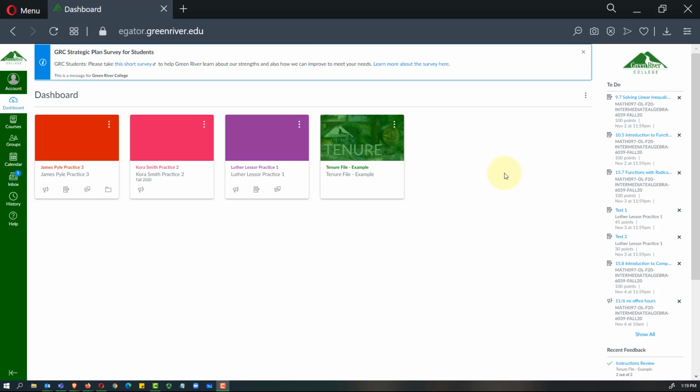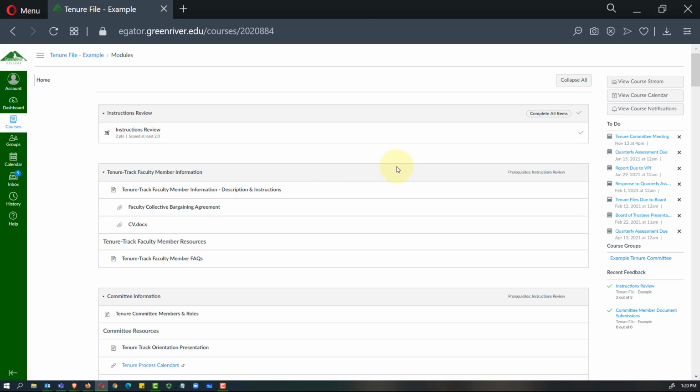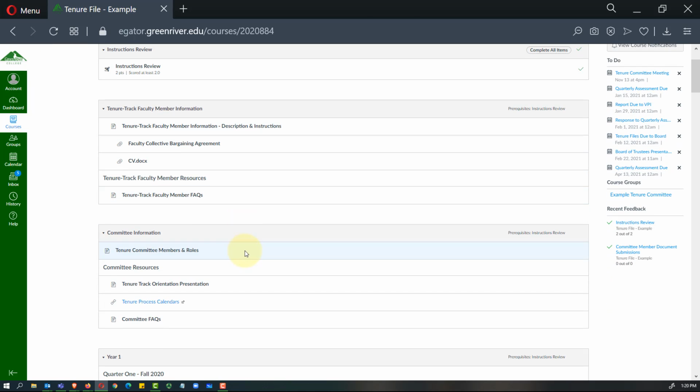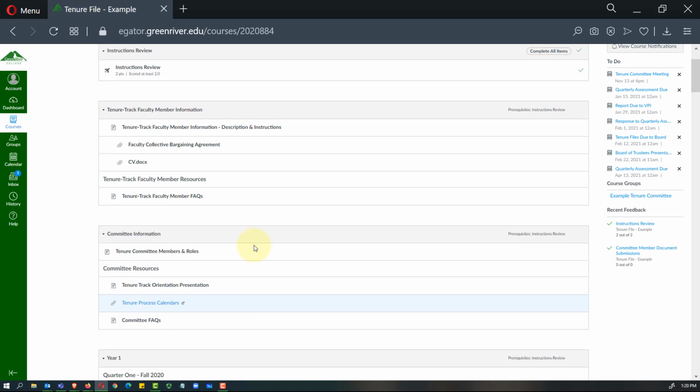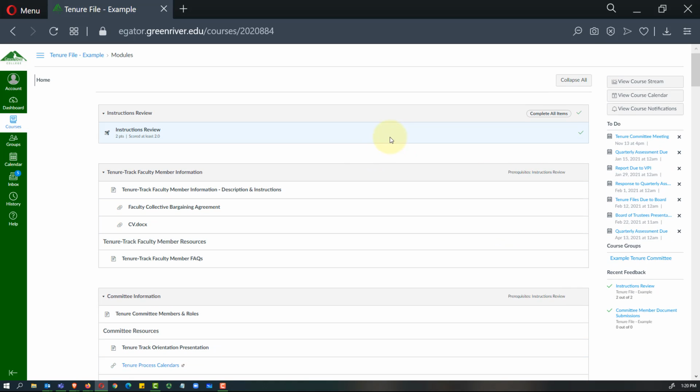This is an overview of how to use the tenure file as a committee member. Once you're enrolled, you'll see it in your dashboard, and all you have to do is click on it to access it. Now, the tenure file is connected to a blueprint, and you are also a student in it. And so you won't be able to edit anything, but you will see